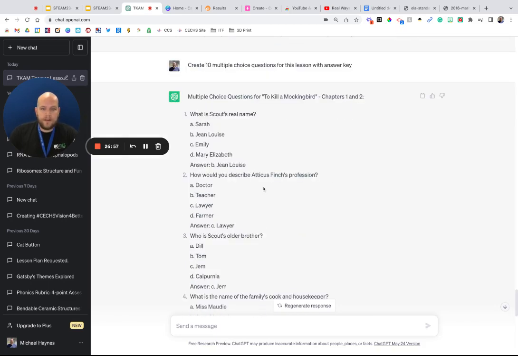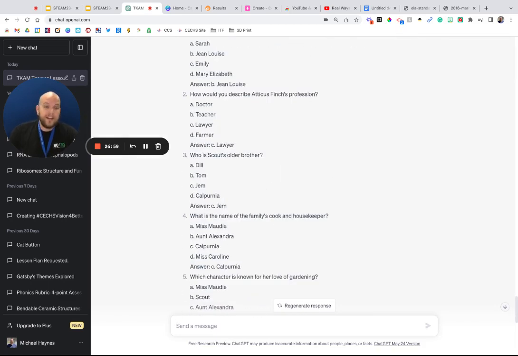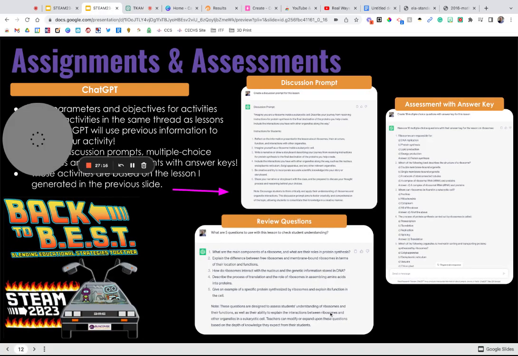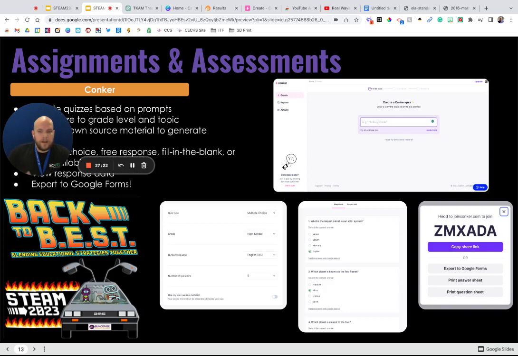I can copy and paste this into another document and then just write them down that way. Or if I just need example questions, because we all know creating assessments for students can be really difficult sometimes, just coming up with our answer choices. I think this is a great option so you have some options to choose from versus trying to come up with them out of thin air. So those are 3 things you can do as far as assignments and activities in ChatGPT.